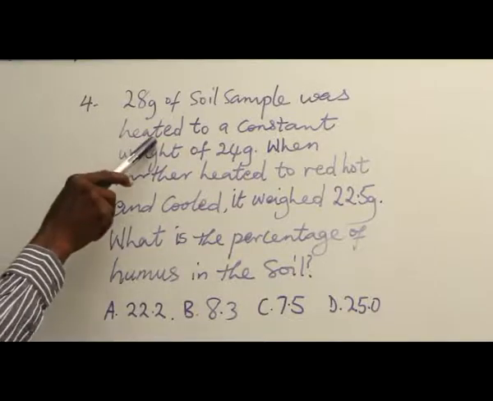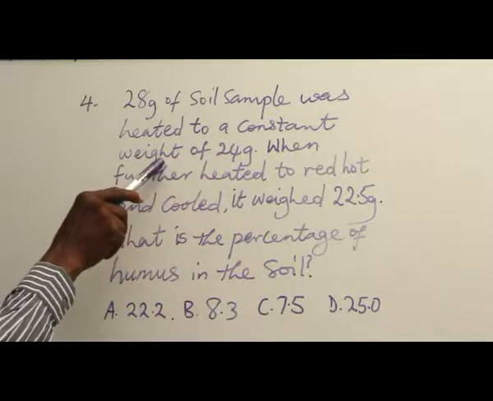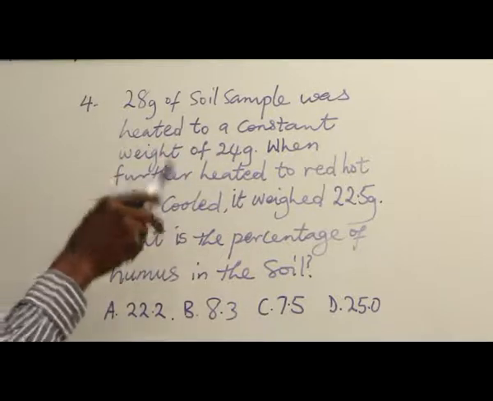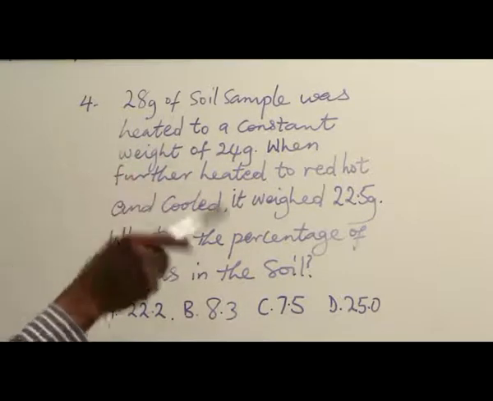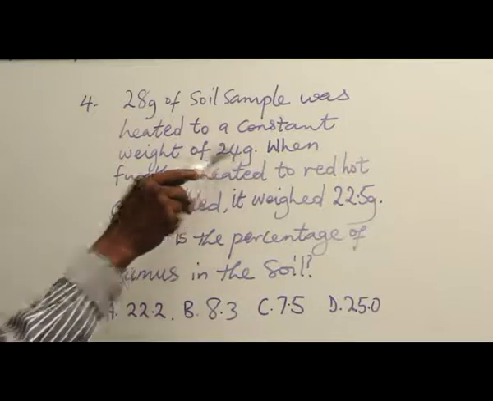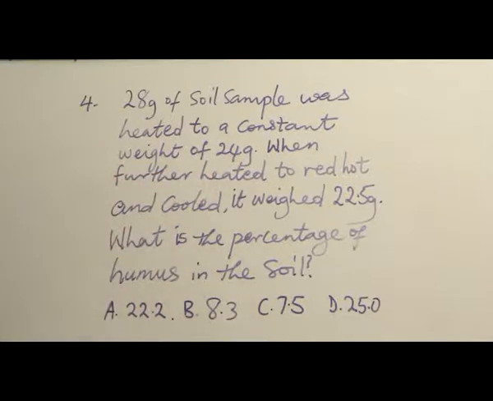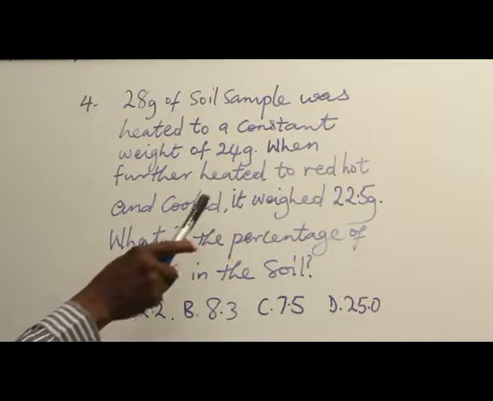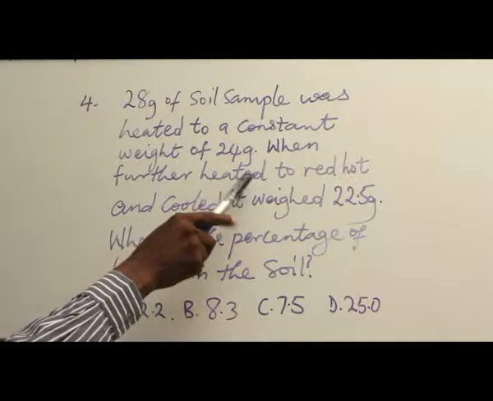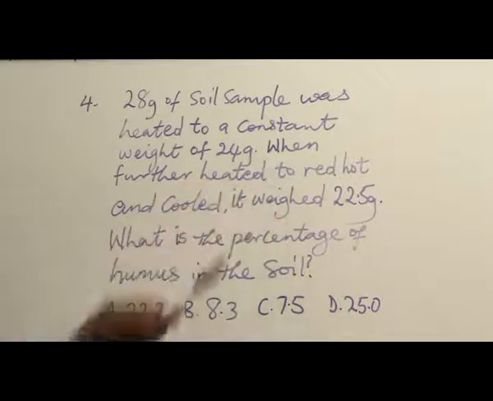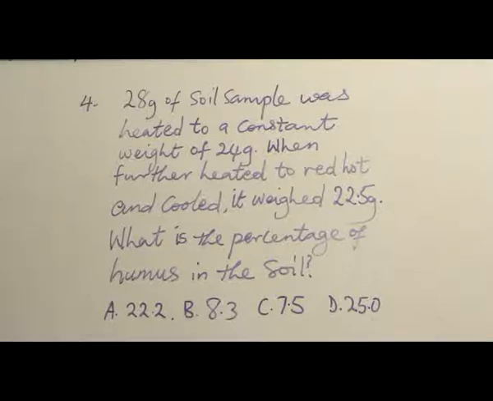When you heat it to remove water so that it becomes dry, you have to heat it several times to get a constant weight of 24 grams. Now, if you further heat the soil until it started to glow, started to become red like fire,